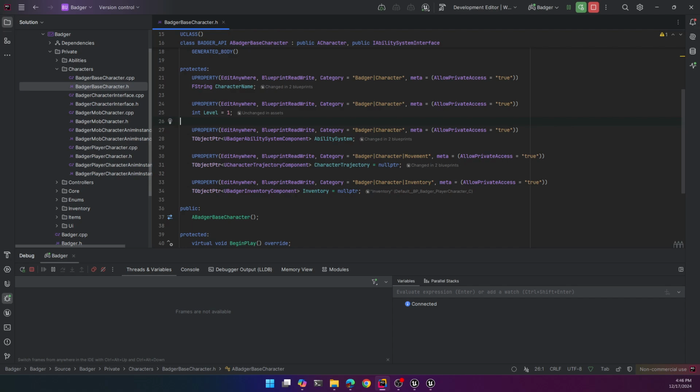So I think that I can basically hard code that one in here. So let me think about this for just a second. Okay. So let me create my ability here for melee attack. So we're going to do